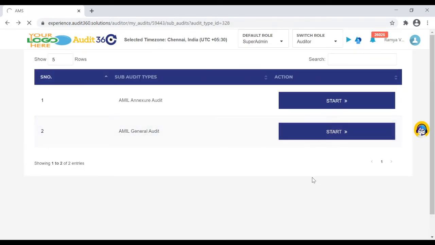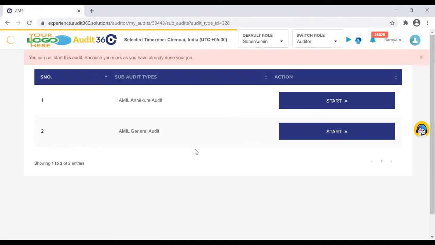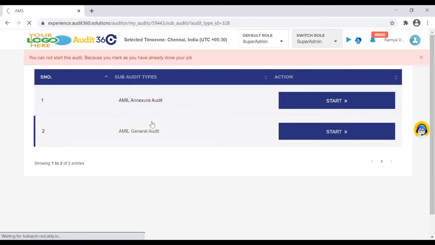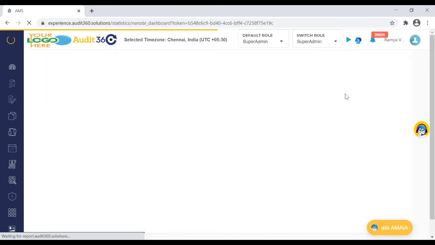Because it's a parallel execution, even the auditor can know what is happening on the other auditor's side. We can have this information available. Once the complete schedule is completed, then it goes away from the upcoming audit screen queue. So this is on the parallel execution.